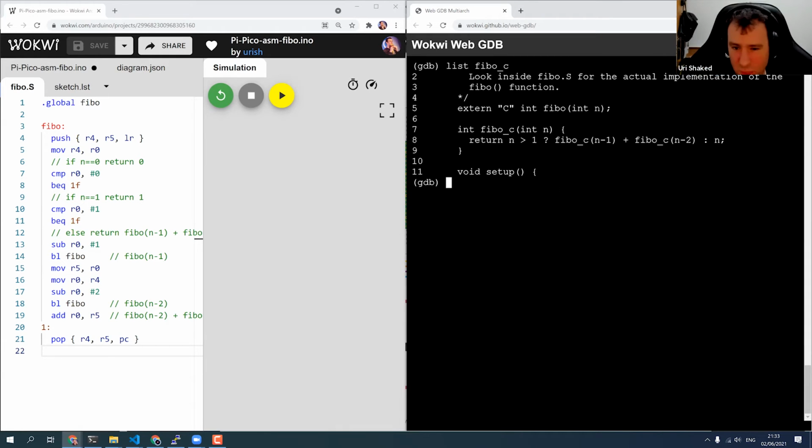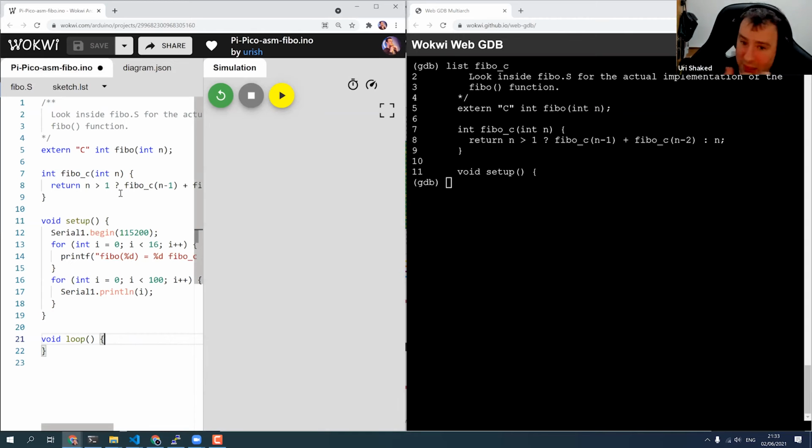Once we have this, we have the very basics, but I think the most useful thing you can do with GDB, other than inspecting the data, is setting breakpoints. Let's say we want to,